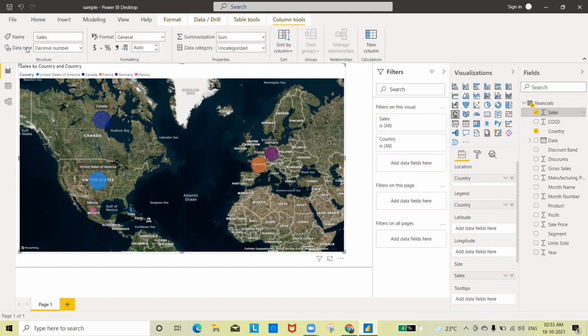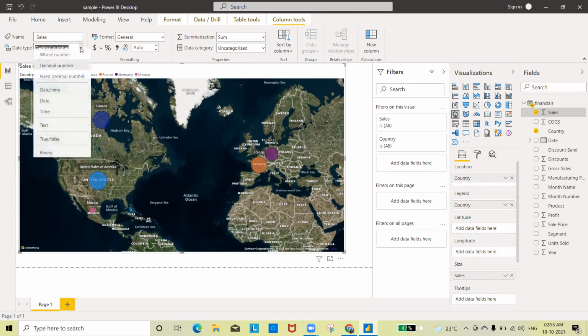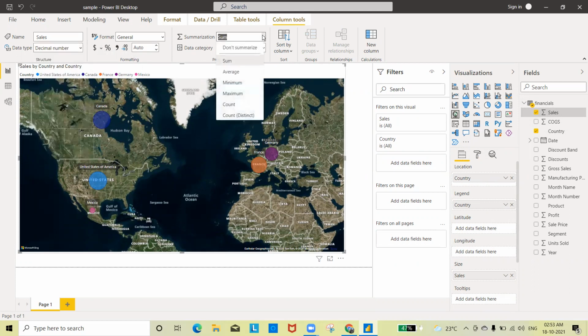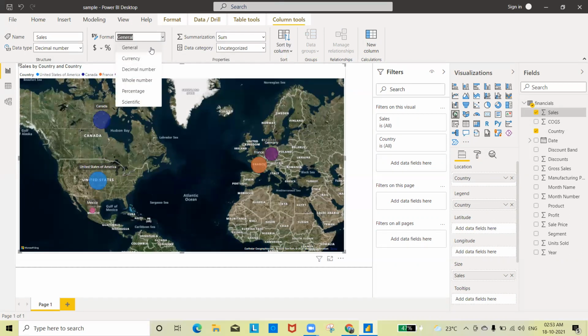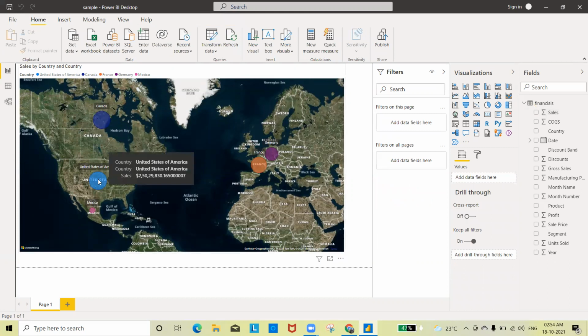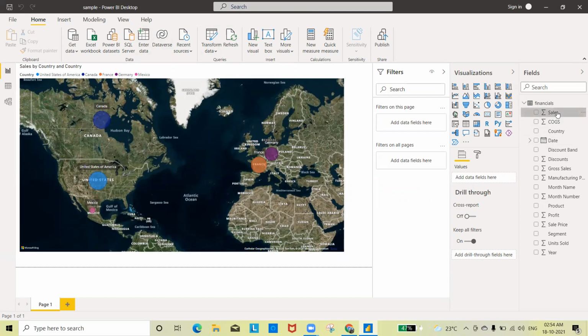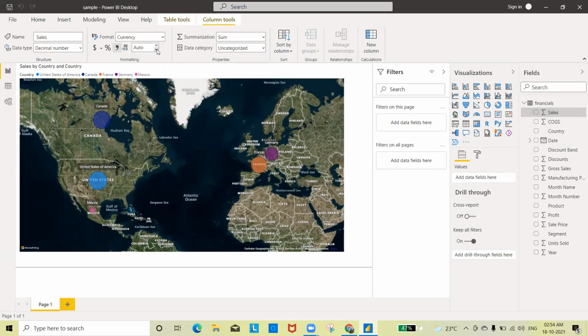Select the sales, go here, see on the top it is written Data type. You can go and say, or instead of data, say summarization. Okay, summarization is also fine. Format, basically we have to change it to currency. Now if you have changed it to currency, when you put a cursor here, it will show you in dollars. And one more thing, there are so many decimals, right? So instead of decimals, I want 0 decimals. I will say 0. Okay, so now I will get the sales like this.